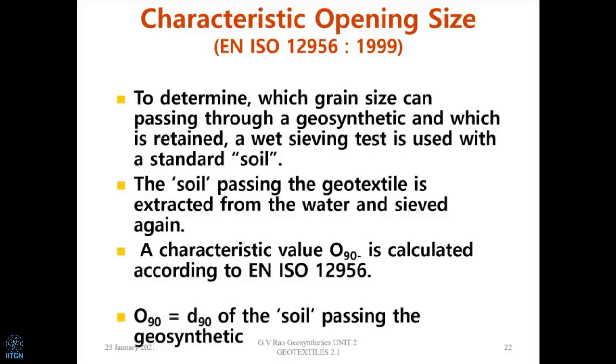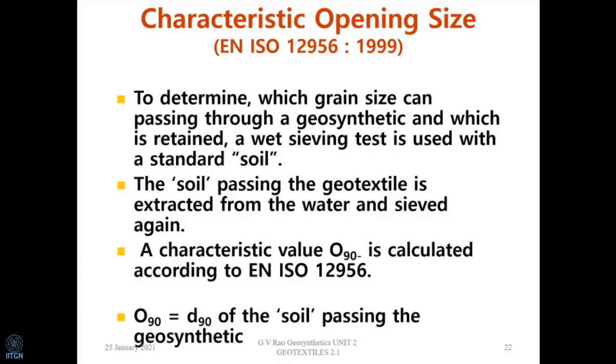In this case, we are just going to reverse it. So the sieve frame will open up, and whatever is contained in it, the actual metallic sieve, we replace by placing a geotextile there. Once you place a geotextile, naturally we can find out the opening size distribution by placing what we call glass beads.